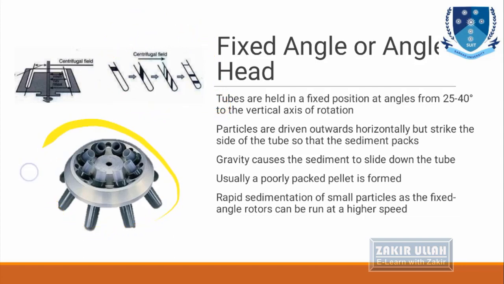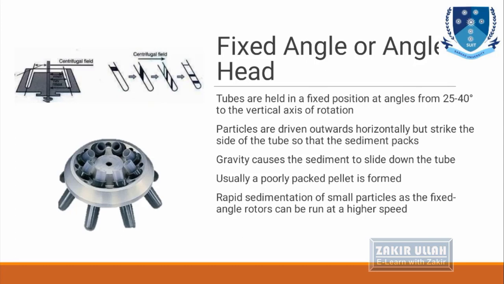Here is the image in which the tube holders are at right angle to the shaft of the centrifuge. The particles are pushed outward horizontally but strike the side of the tube, so the sediment packs at a slight angle to the bottom of the tube. The gravity causes the sediment to slide down the tube. As the gravity or the speed increases, the sediment goes down the tube, and usually a packed pellet is formed,